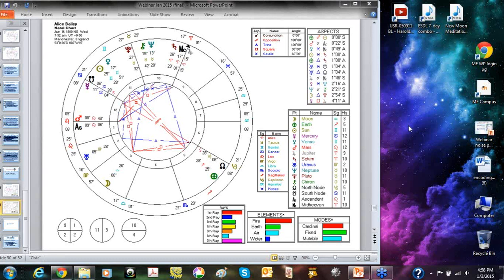She does have some stellia. Her chart shows stellia in Taurus with Neptune, Chiron, and Pluto, and also in the 10th house with Saturn, Neptune, and Chiron, and in the 11th house with Pluto, Venus, Sun, and the South Node. Normally, asteroids such as Chiron are not included when considering stellia, but Chiron, using love to overcome the lower desires through struggle, has been shown to be a significant force for Alice Bailey. So I have included those in this analysis.